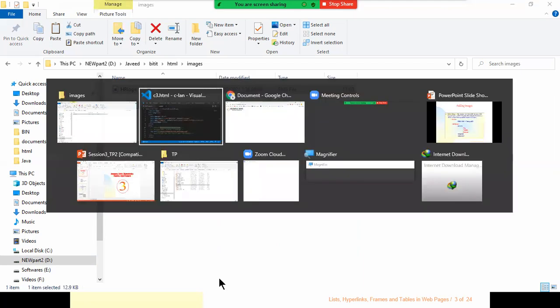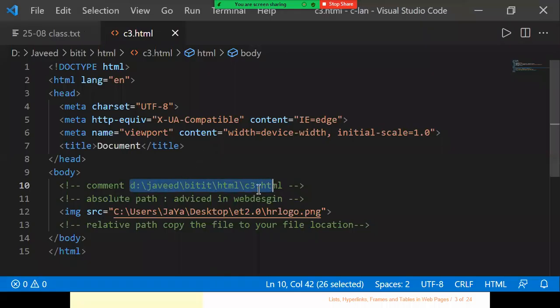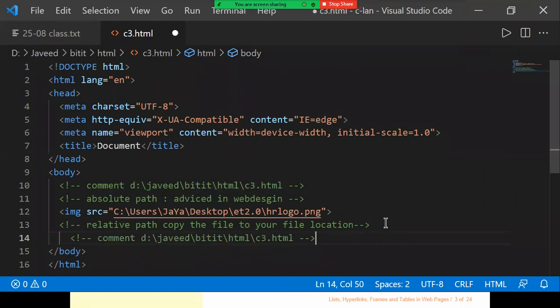This is the location where I'm working. My image file is in the current directory, and dot indicates the current directory.